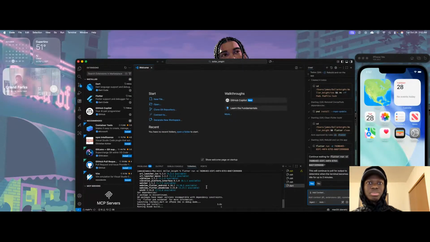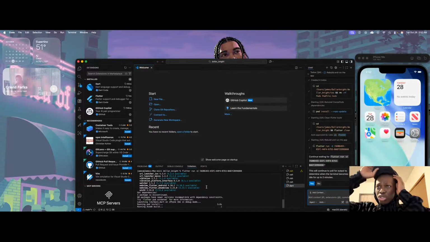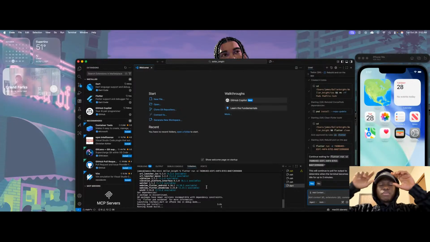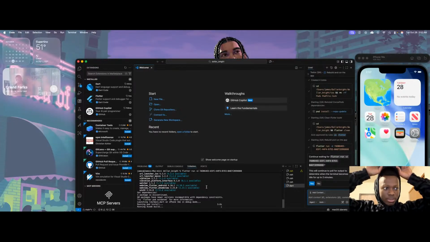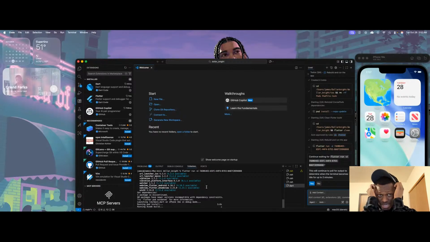Should we call it a simulator or an emulator? I guess we could call it an iOS emulator, right? So it's kind of emulating the OS. Not sure exactly what is going on, but from what it looks like, it's emulating the OS, right? But yeah, it's also simulating the device. So it's doing two things at the same time, in my opinion. But you know what? Why don't we ask